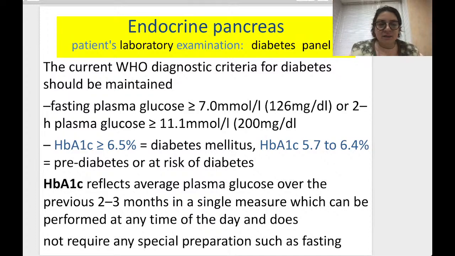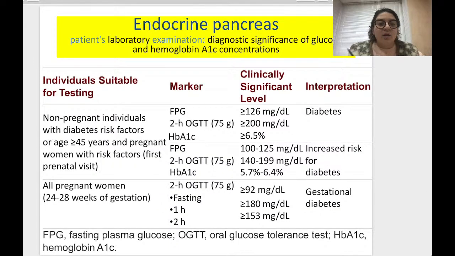risk of diabetes mellitus. And here is what I told you on the previous slide: glycated hemoglobin reflects average plasma glucose over the previous 2-3 months in a single measure, which can be performed at any time of the day and does not require any special preparation such as fasting. Okay,